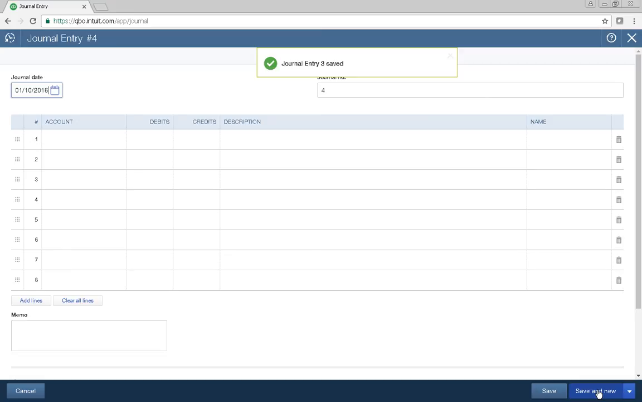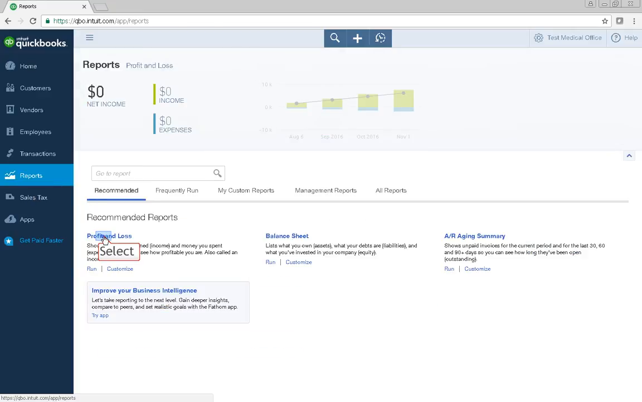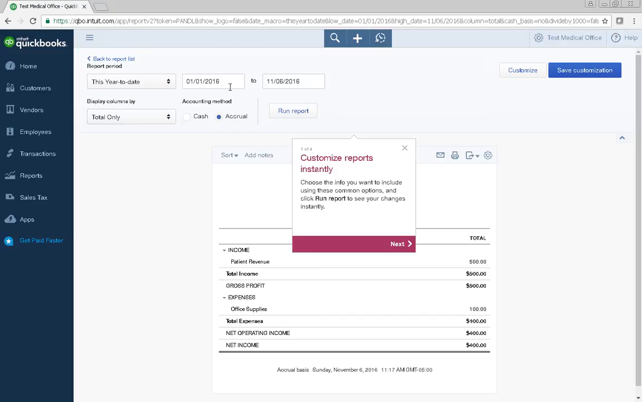Okay, so you're going to do all your journal entries, and then when you're done with your journal entries, if you click this X up here in the top right, then you can start to go to your reports. So here under reports, you can run a profit and loss statement, and from here you can see from 1/1 to today. So we don't want to run it to today, so we want to run it to 01/31/2016. Run report,